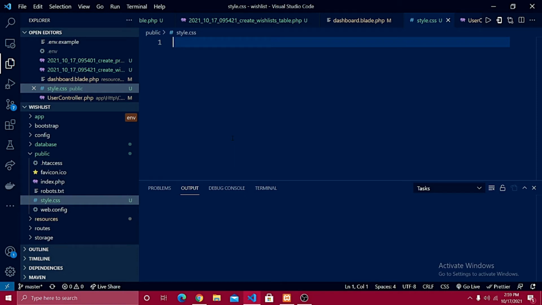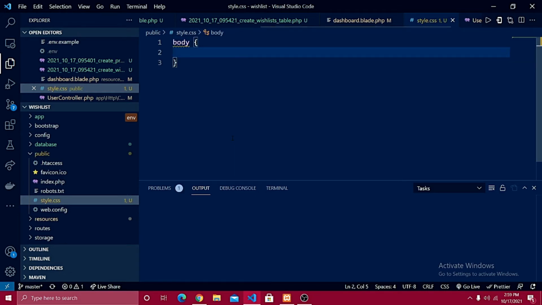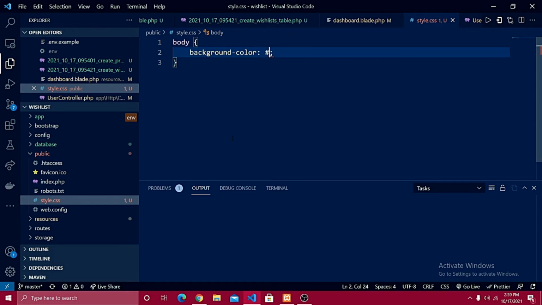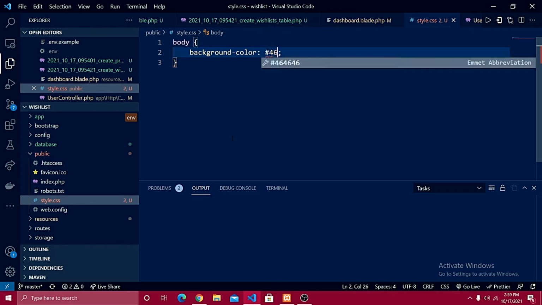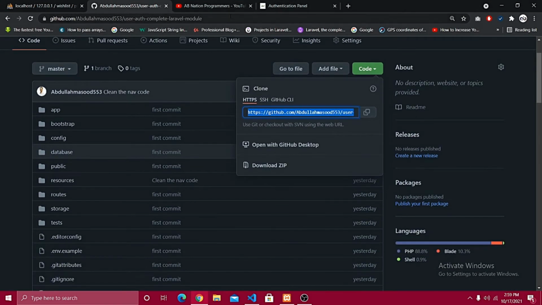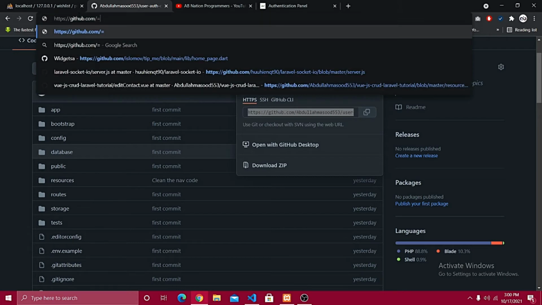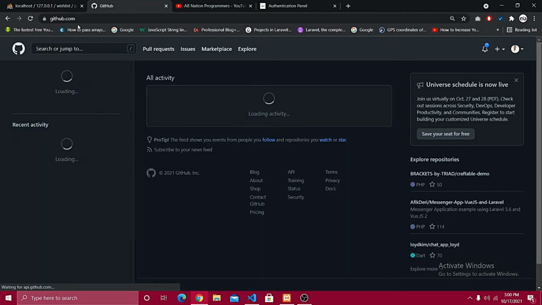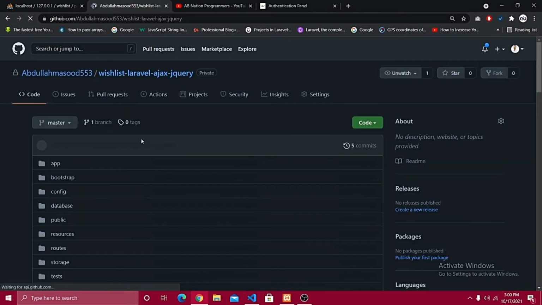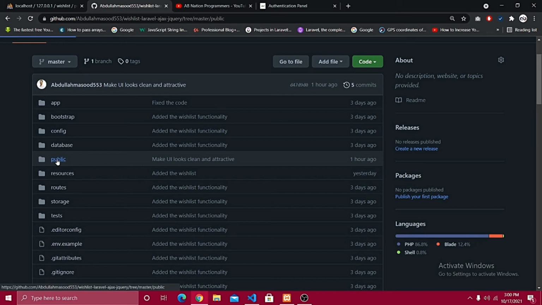So a few changes that I want. If I want my body of background color, let me give the background. Oops, it should be background dash color, and let me give here the color code to be 46 or something like that. I just need to go to my repository actually, because I have saved that. So let me grab it from my repository to save some time. So public,